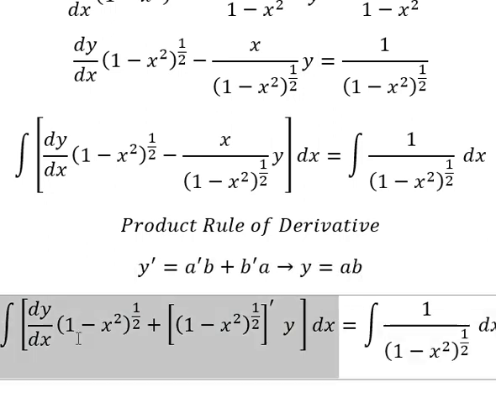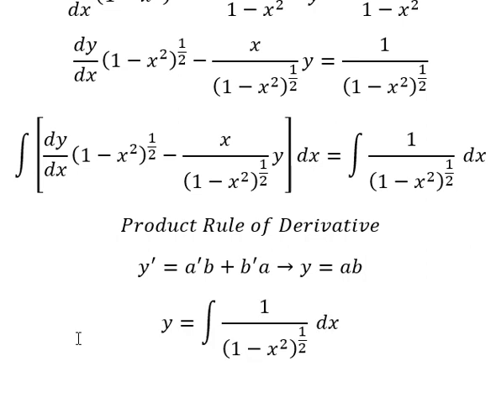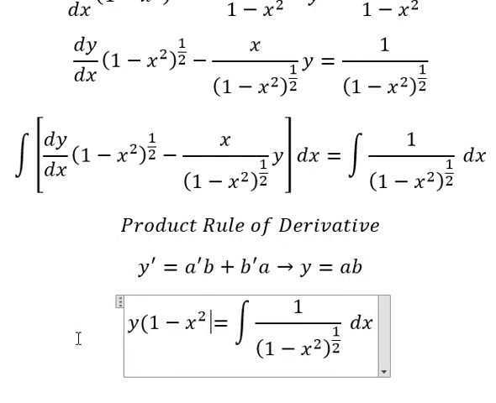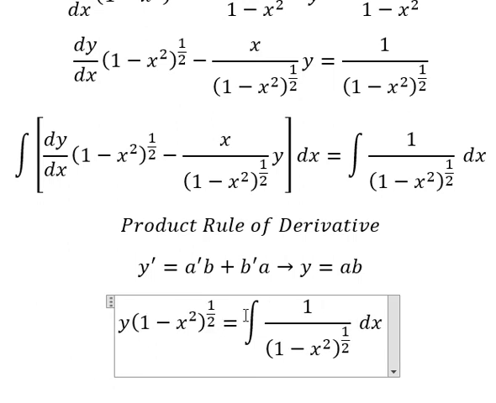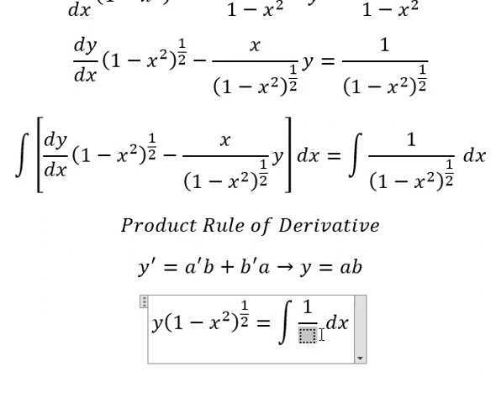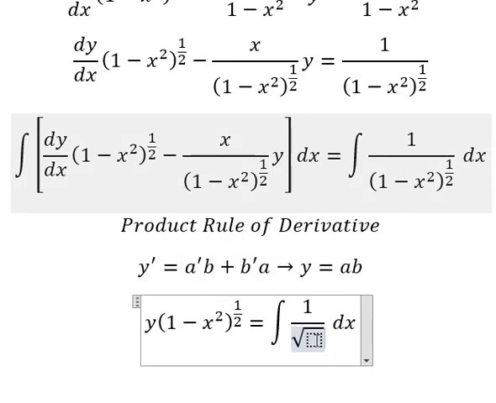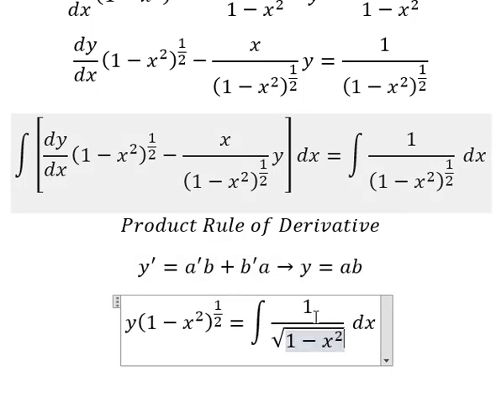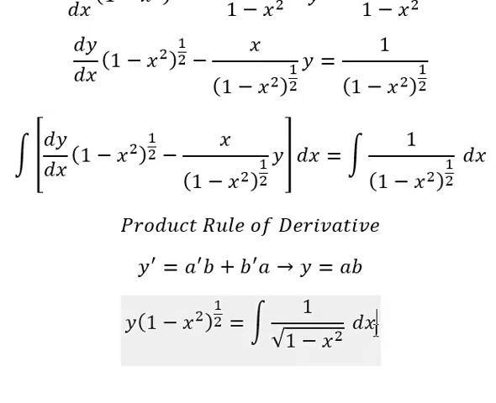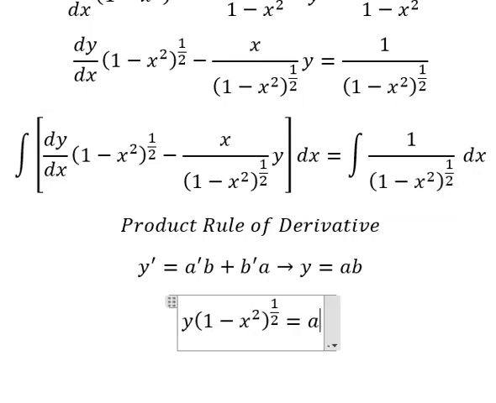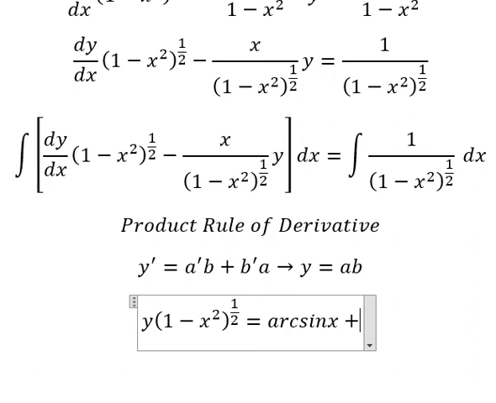So the integration of that one, we have y multiplied by 1 minus s squared to the power of 1 over 2. Now, the integration of this one, that is 1 over the square root of 1 minus s squared. Because the square root, that is the power of 1 over 2. And this one, that is arcsine of s, and I will put